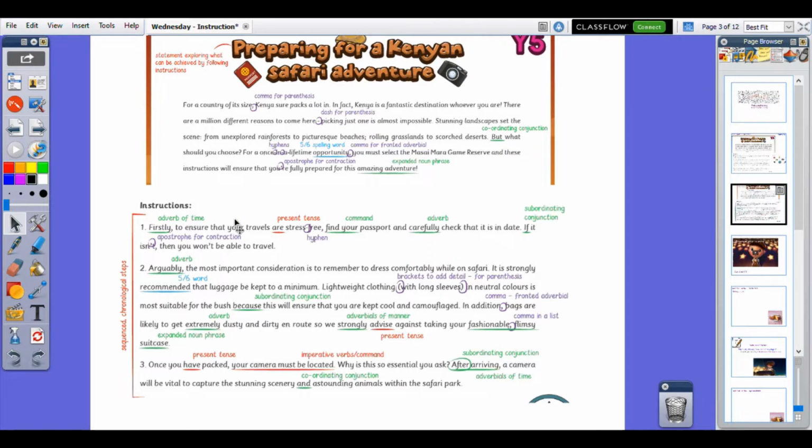Okay, and then in your instructions, you have also got some of your Year 5 standards. So you can see by using things like firstly and finally, you're using an adverb of time. You've got the present tense, okay? You've got adverbs, you've got commands. So we're going to learn about command or imperative verbs a bit later. So find your is a command. We've got a subordinating conjunction though,